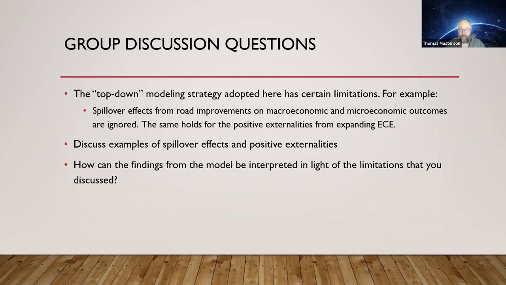Now, in the last section, on Tuesday morning, we will talk about the direct effects of these road improvements and early childhood education expansion on time use within households. So you can set that aside for now, but talk about other possible spillover effects and positive externalities as a result of these